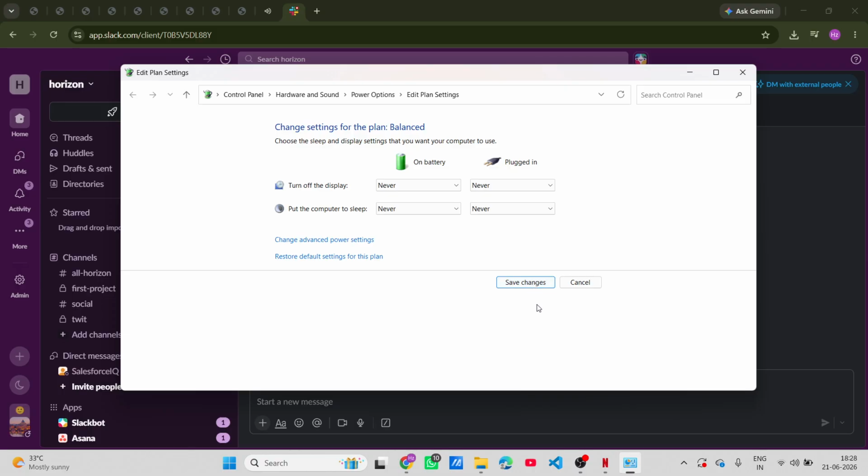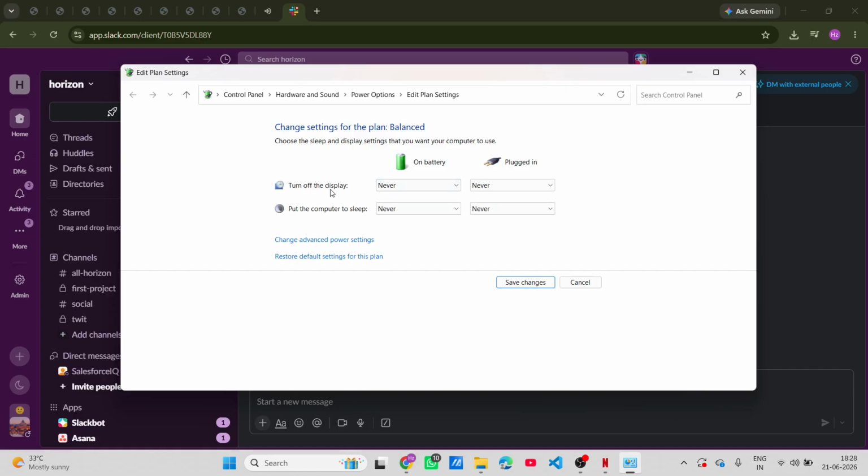This is essential. If you skip this step, your settings won't stick and you'll revert back to the previous settings. And that's it. You've now adjusted your power settings so that your display won't turn off, allowing Slack to keep you showing as active. Just remember, while it is beneficial for collaboration purposes, it's still important to manage your time wisely. If you step away from your computer, don't forget to update your status manually to avoid sending mixed signals